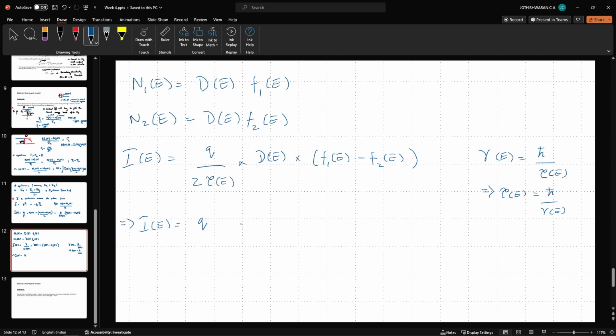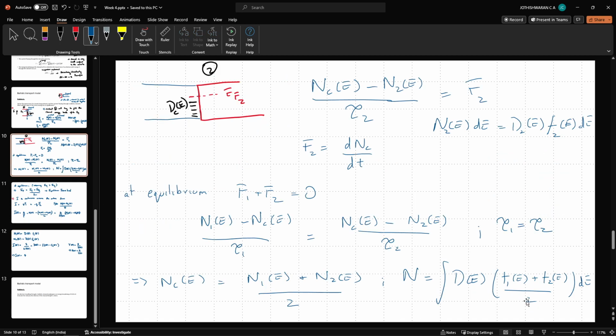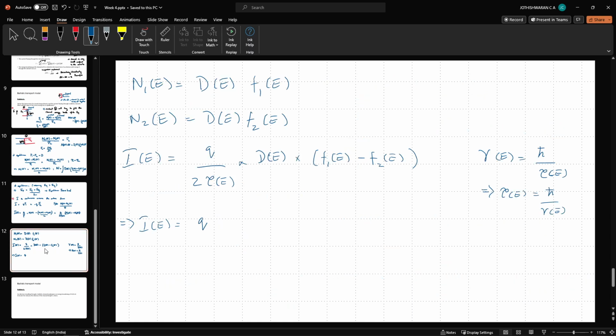So now I'm going to keep Q separately and 1 over, and I'm going to take this half factor over here. Now you can ask why I'm taking the half factor over here. It's also a constant, I can pull it out. But essentially in our charge integral, I have an f1 plus f2 by 2. So just to keep the whole thing symmetric, I will do an f1 minus f2 by 2 over here. So this is h bar by gamma E. So now 1 over tau E will be gamma of E divided by h bar into d of E into f1 of E minus f2 of E